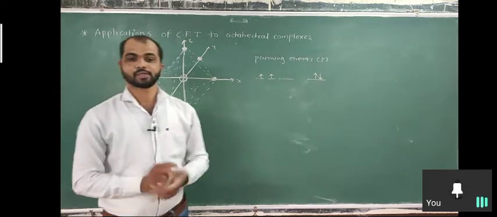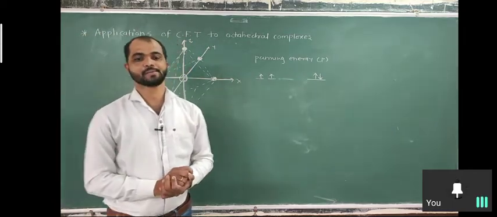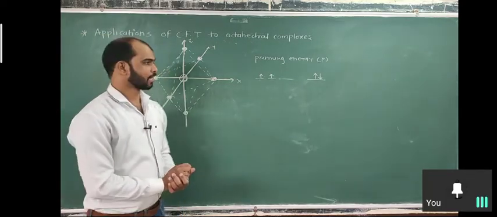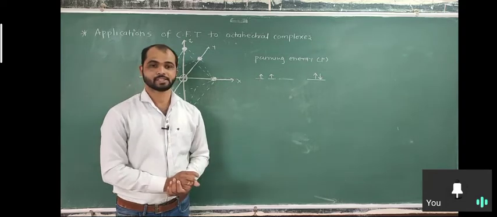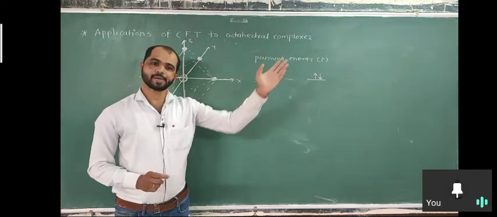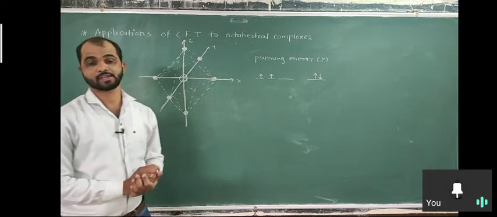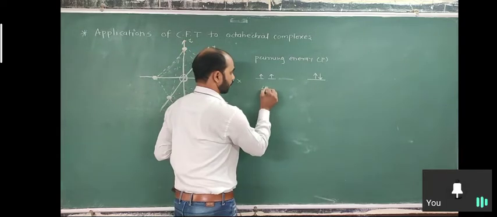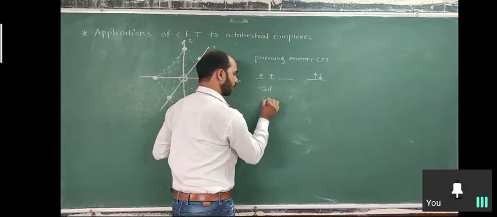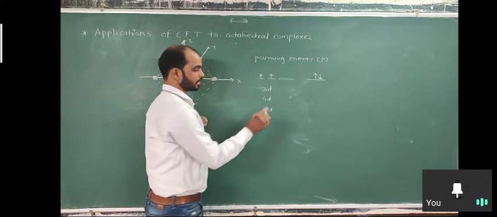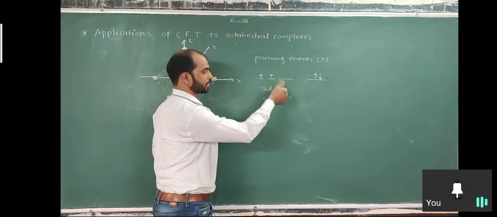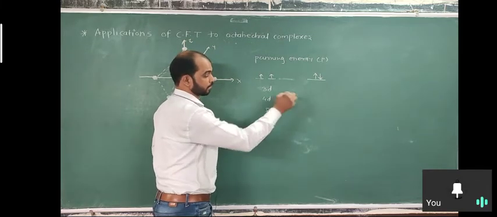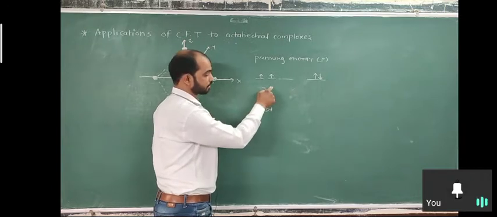Pairing energy has a particular value, which means every orbital has a different pairing energy. Pairing energy depends on the orbital which is used. Suppose we have the 3d orbital, 4d orbital, 5d orbital. Every orbital has a different energy. When we increase the size of the d orbital, pairing energy decreases. When we consider the pairing of 3d, more energy will be required. For the pairing between 4d unpaired electrons, less energy is required as compared to 3d.